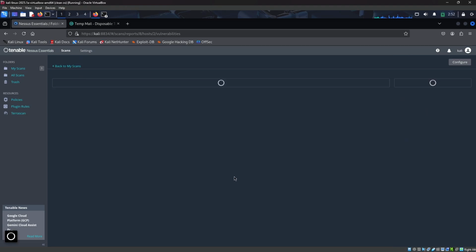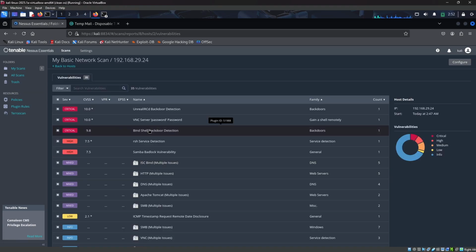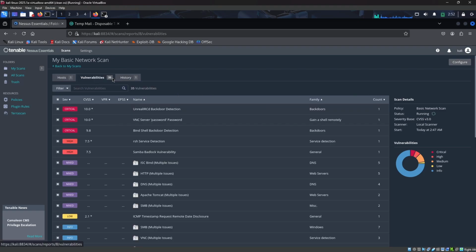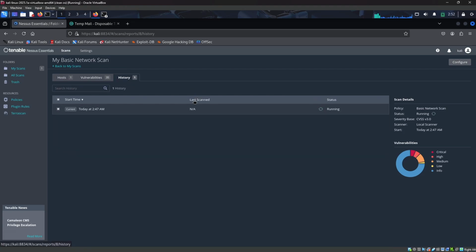By using this Nessus scan, we can find vulnerabilities like this. And here, as you can see, it's 35 vulnerabilities as identified by the Nessus scan. So it will take time. As you can see, it's still running and still identifying vulnerabilities, and as of now it identified 35 vulnerabilities, and we do have history where you will see the current scan and the status of the scan, related